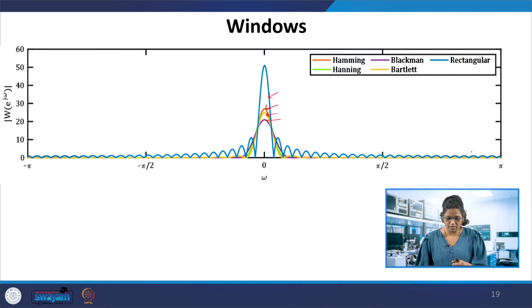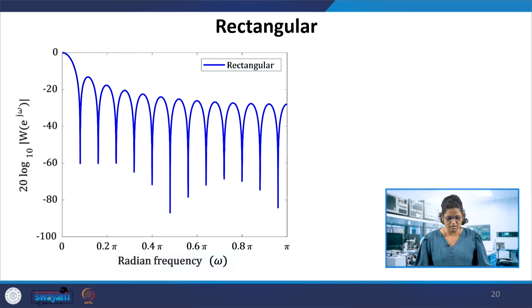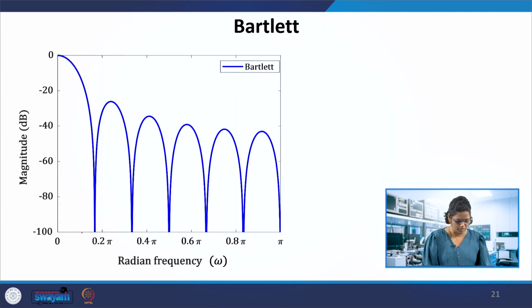But when we look at the frequency response, taking these separately, this is the rectangular window, which has 13.3 dB with respect to the first side lobe, on a 20 log scale against radian frequency. You can see the width here is the main lobe width, whereas for the triangular window the width is increasing, and the level is 26.5 dB here, compared to this level.